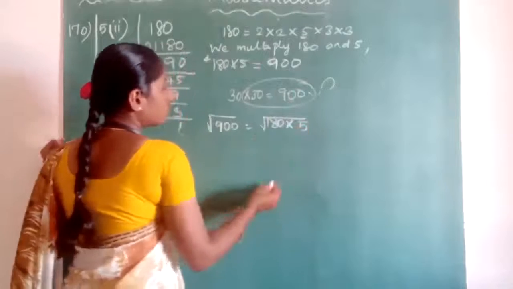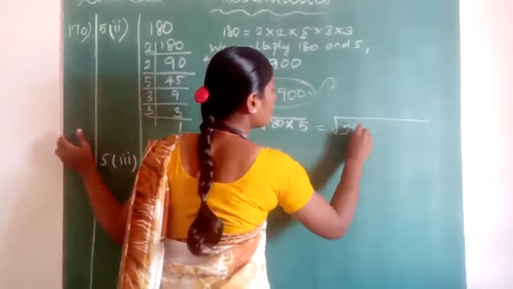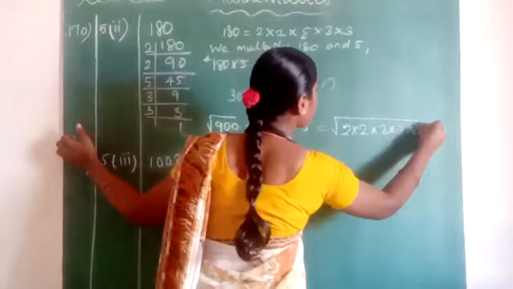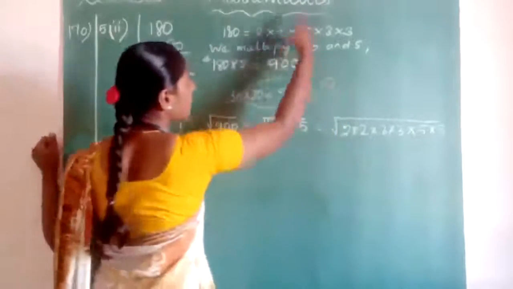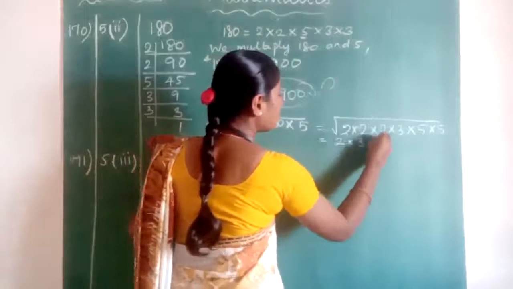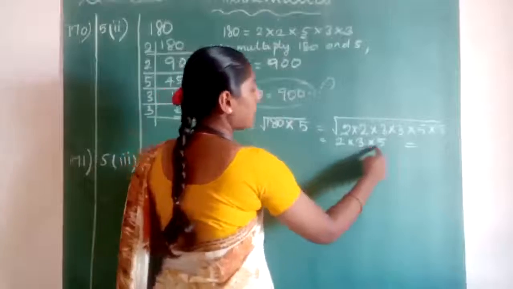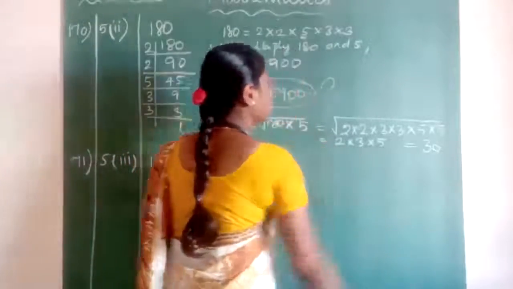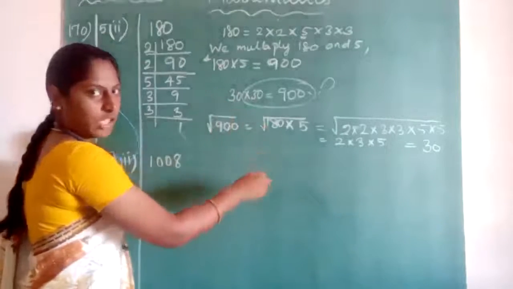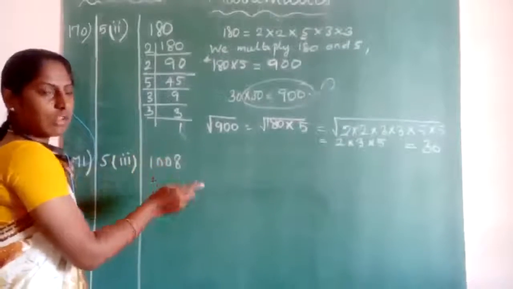Okay, so you can write this as the square root of 2 into 2 into 3 into 3 into 5 into 5. Okay, I have just moved this 5 to the last. So this can be written as 2 into 3 into 5. Okay, and the square root is 2 3s are 6 and 6 5s are 30. Okay, is it clear? If you know it like this, you can write it directly. Okay, for a bigger number, if you don't know, then you have to do this step and write it. So 30 is the square root of 900.